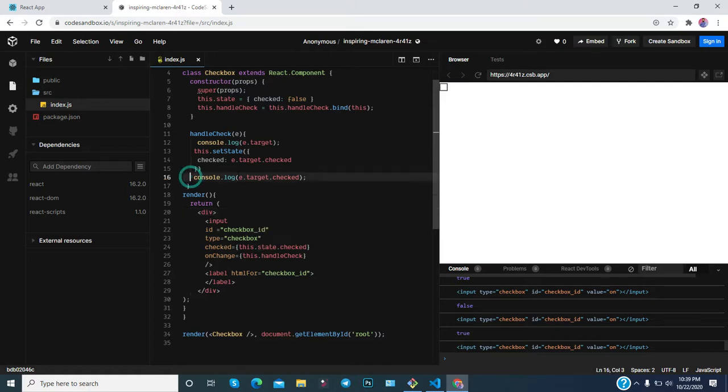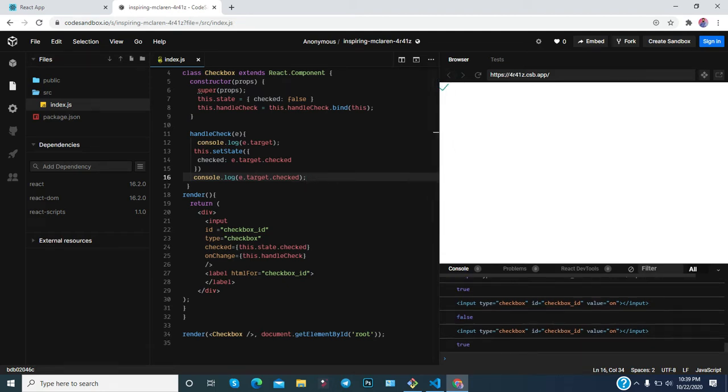As you can see, we have a console log to check whether the value gets updated or not. As you can notice, state.checked gives you the latest value. If you click here to check, it becomes true, and if you uncheck, it becomes false. So in this way it is working. I hope you understand it. Here we have called e.target.checked, and if you do this, you will get the latest value of this checkbox.